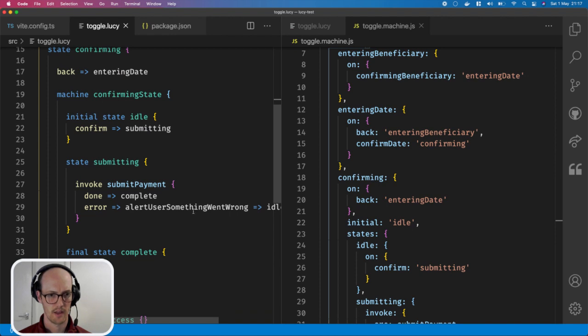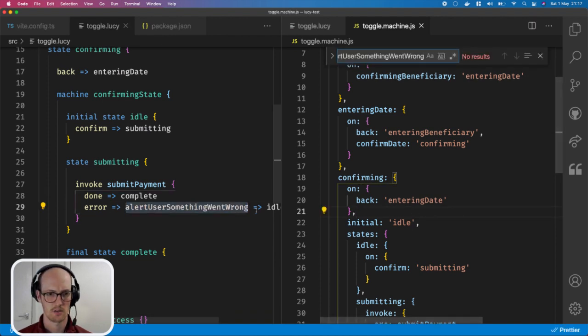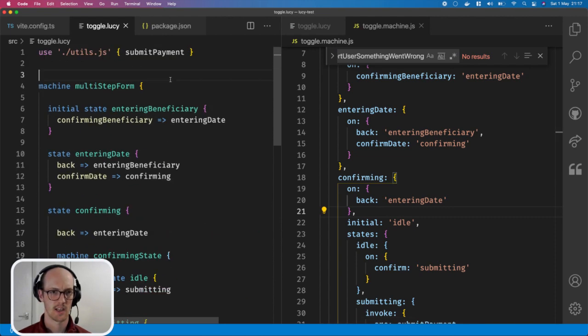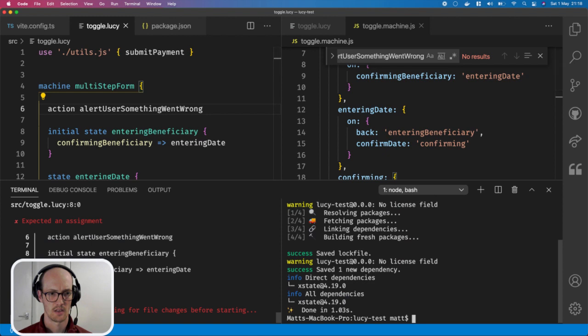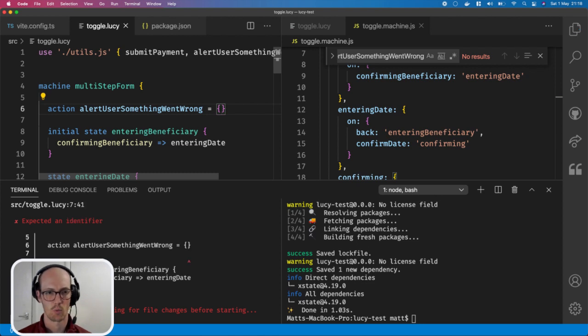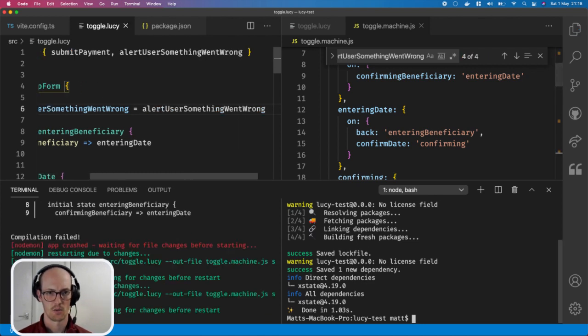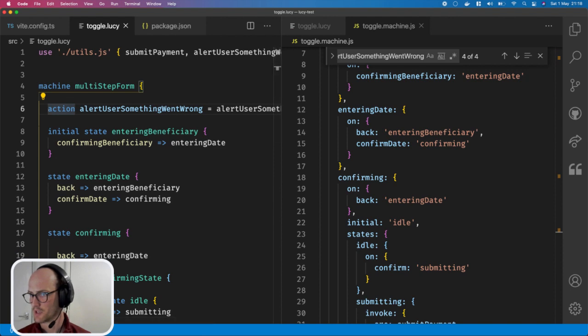Because what I want there is I want alert user something went wrong. That's now not in this doc anymore. I want to just declare this as an action. And yeah, it expects an assignment. I want to be able to declare an action that I don't actually implement until way later, until implementation. So allow for unimplemented